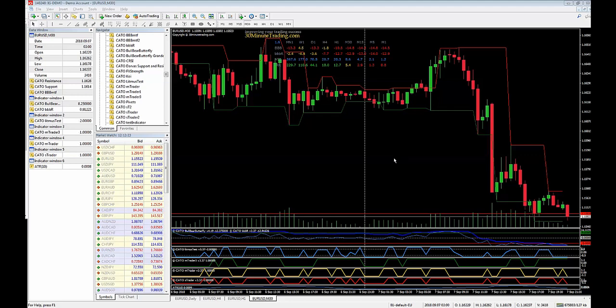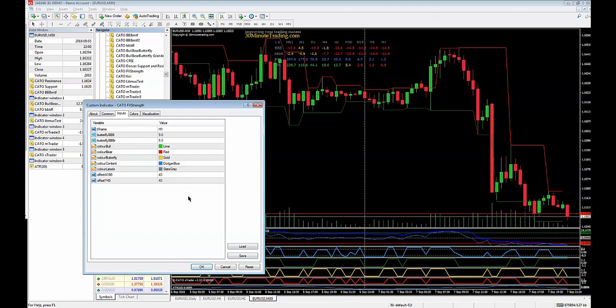Just want to talk to you about the strength meter, the FX strength meter that I developed. I really like this and I think it will help you a lot, so it's worth talking about this properly. This is the FX strength meter in here. You can see there's various other things I've got on the go. Some of these are in the lab, as it were, but the FX strength meter, bring that across and just